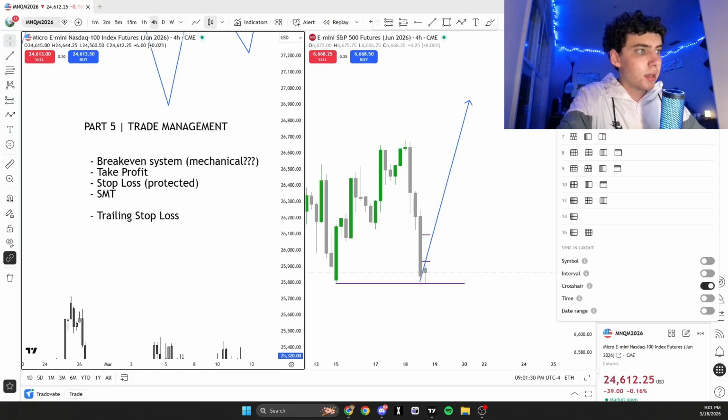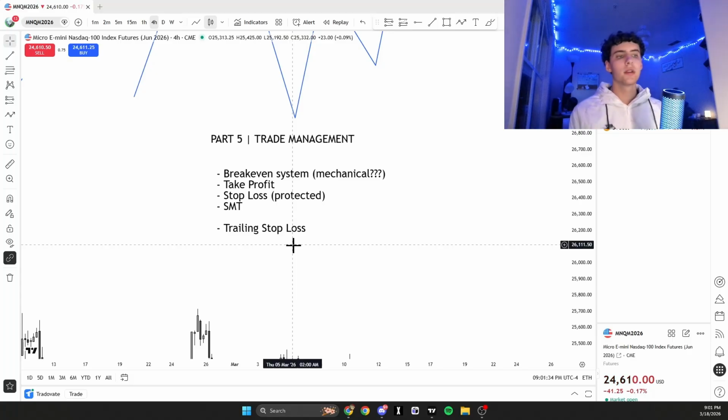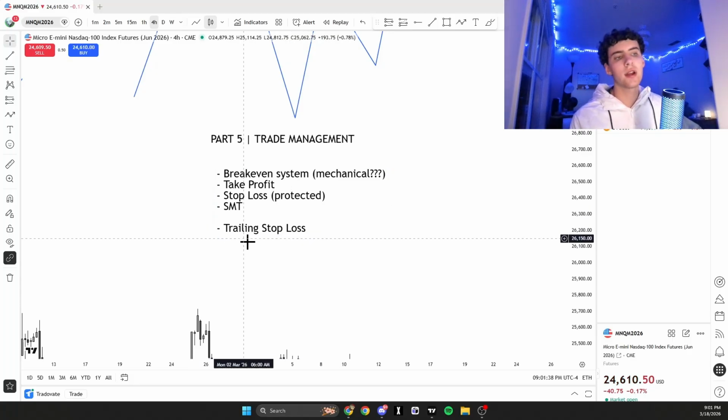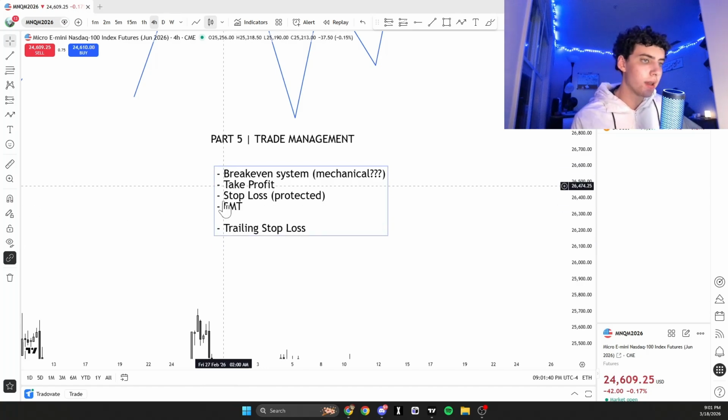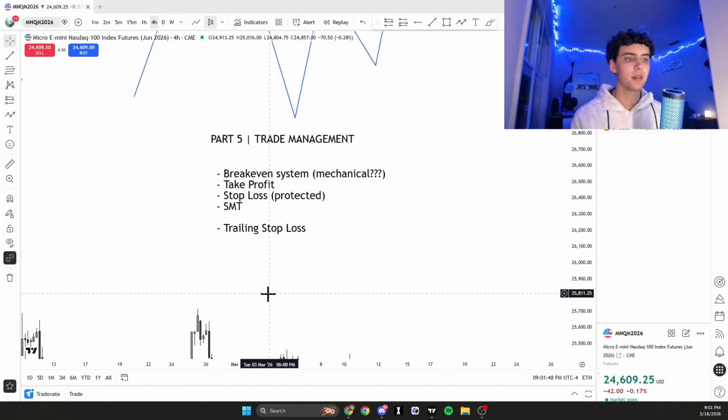Let me get rid of ES just so that you guys can see better. Trailing stop loss, and as you guys can see, I put this one below the others, right? It's not one of the four main things that I like to use. It's kind of a separate thing that really I don't touch often, but if you guys are familiar with a trailing stop loss,